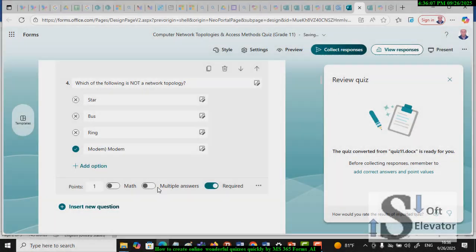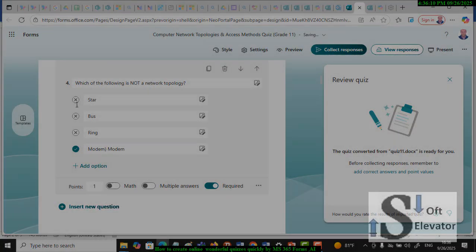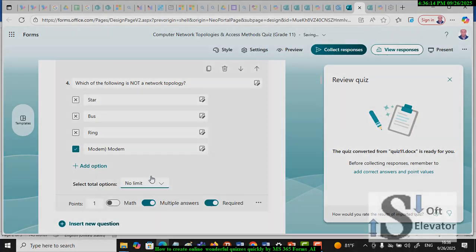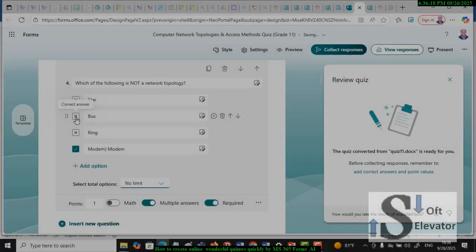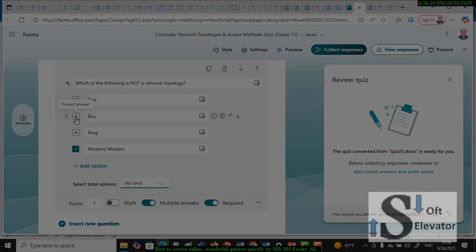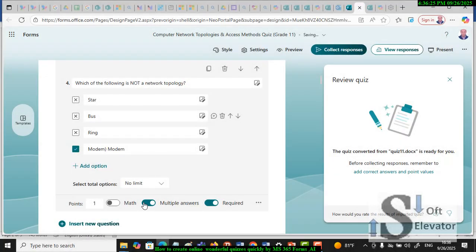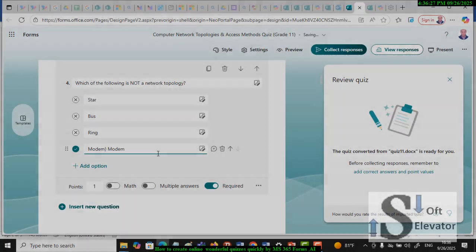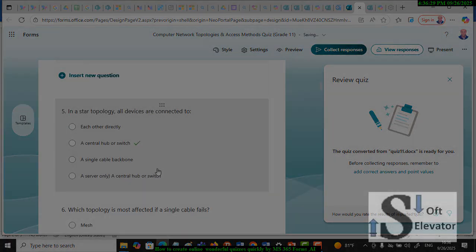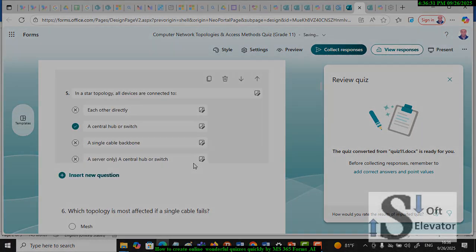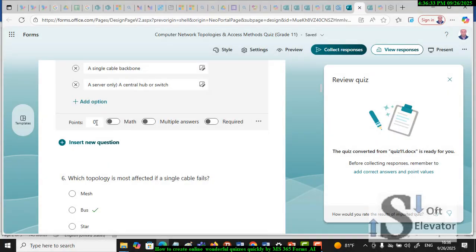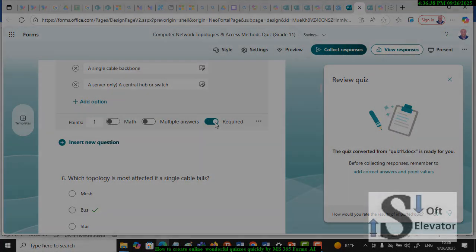And if you need multiple answers, it will convert this to checkbox, and press next for the right answer. But you don't need this. I don't need it, actually. I show you, and so on. Okay, one point and required. Then after you finish,